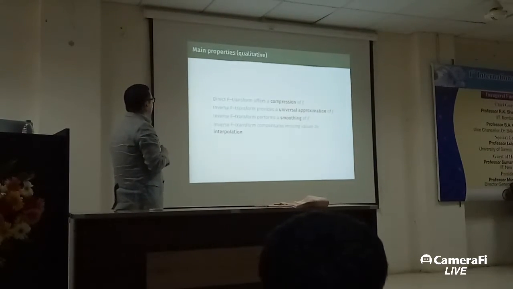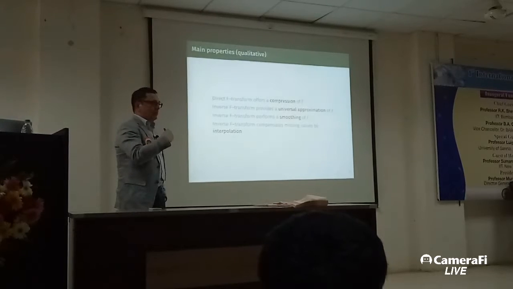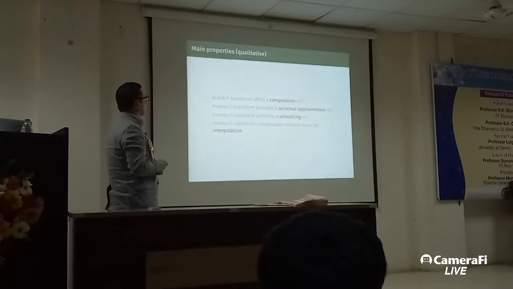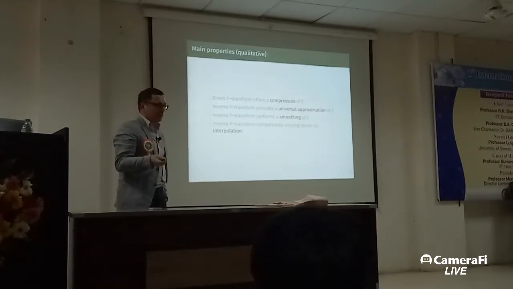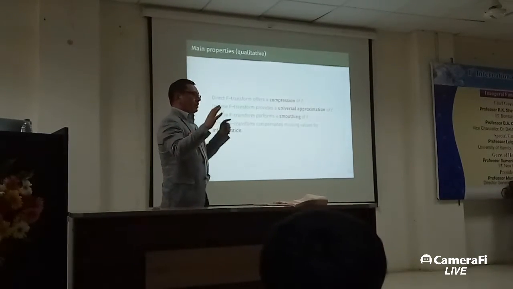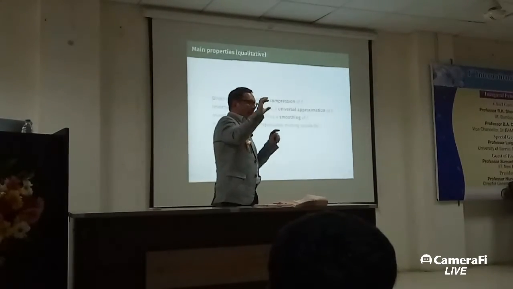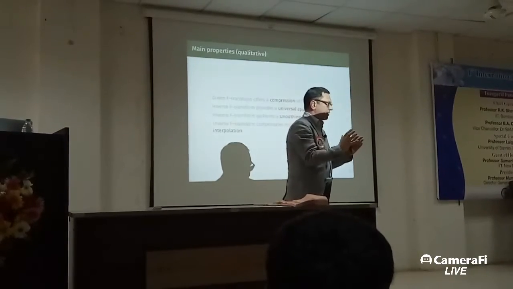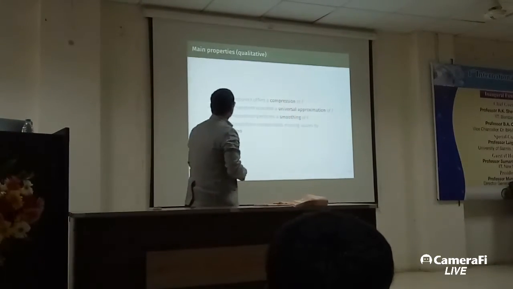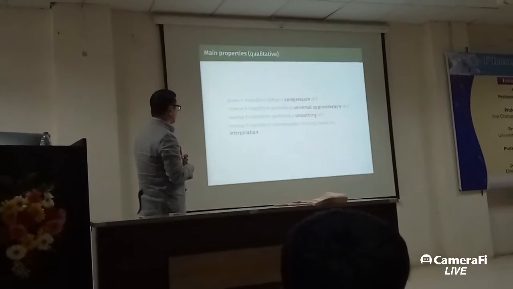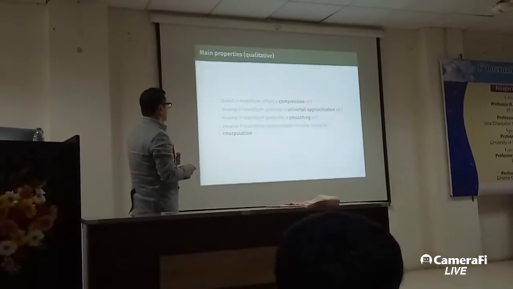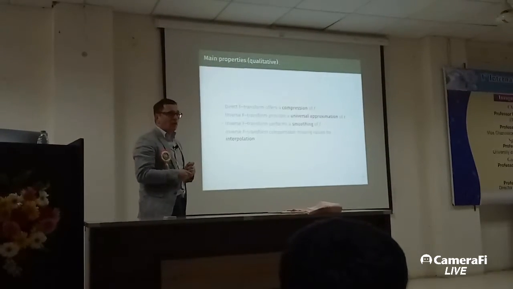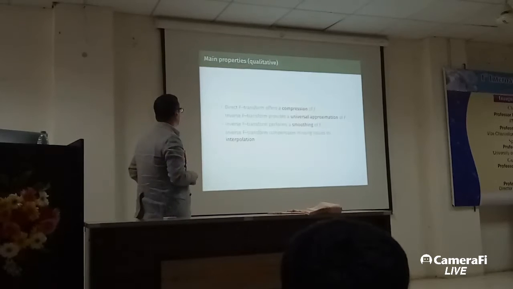So, at the end, we have these properties that we should keep in mind once we move to deep learning, because the direct F transform offers a compression of F, as we saw. Even in the discrete case, we move from M, that is much larger than N, to N points, so that it becomes much smaller. Another important property is that the inverse F transform provides a universal approximation of F, and we will see what it means in a few moments.